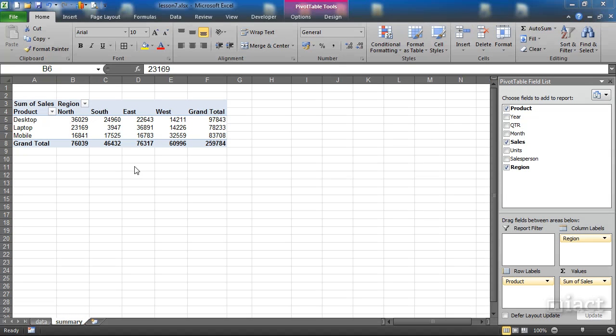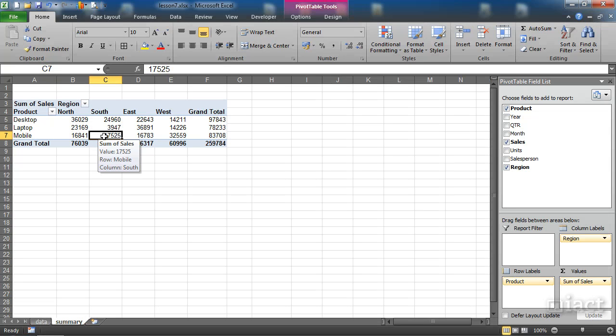Drill down lists. Once we have a pivot table, we can see the summary data. So for example, here I have a fairly simple looking pivot table. I've got my regions across the top and my products down the side. And as I'm looking at the information, I might want to see more information about each one of these summary